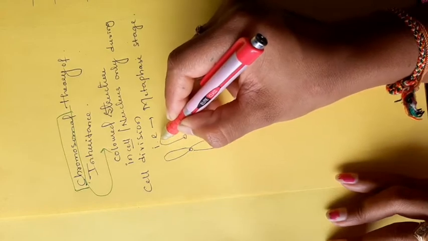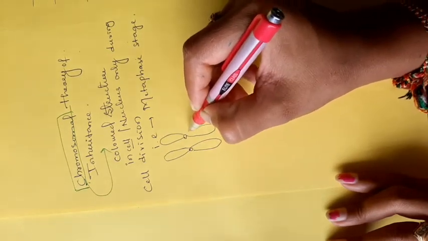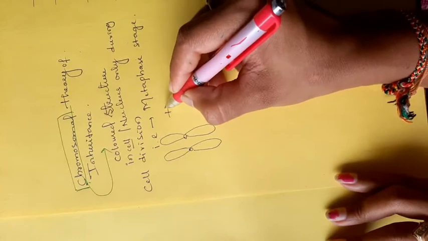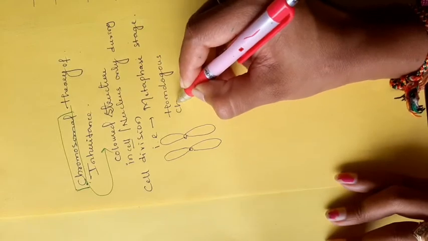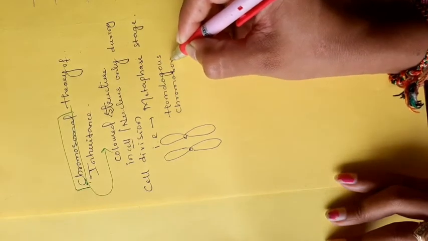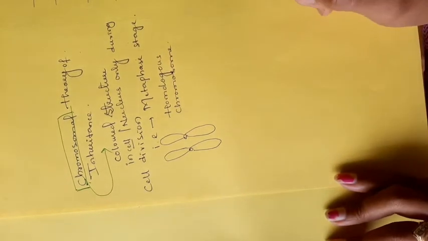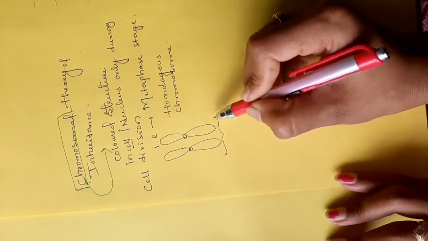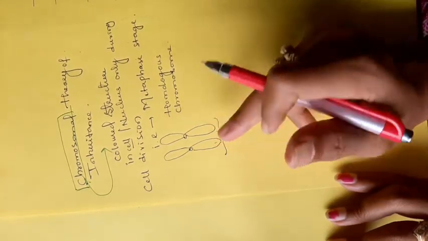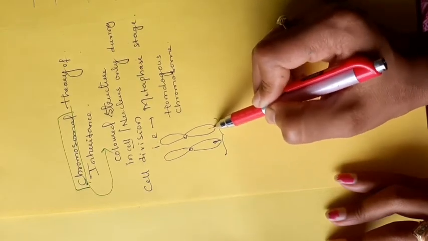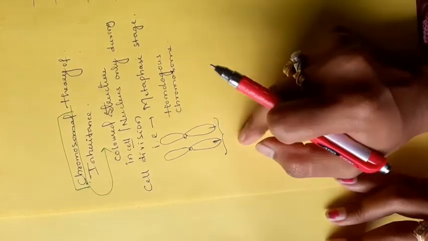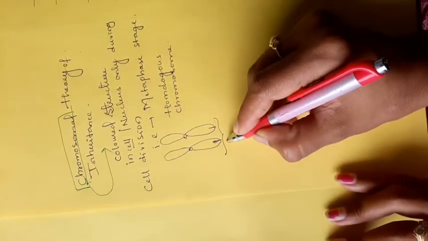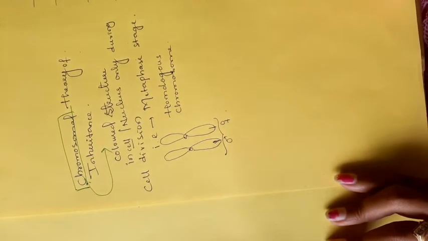I am going to draw the bivalent chromosomes. Then in the last class we discussed homologous chromosomes, which are a pair of chromosomes, identical chromosomes. One chromosome came from our mother and one from our father; one is a paternal chromosome and one is a maternal chromosome. One came from the father and one from the mother, and together we call that a homologous chromosome.